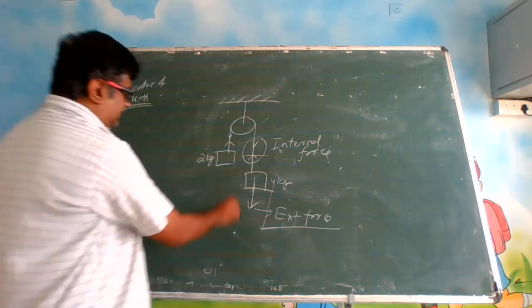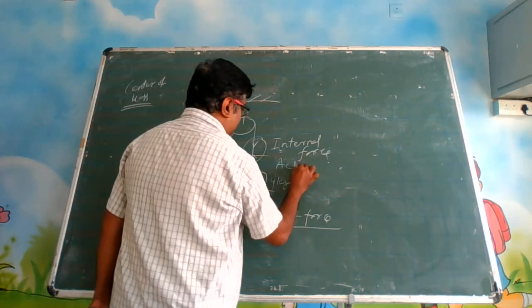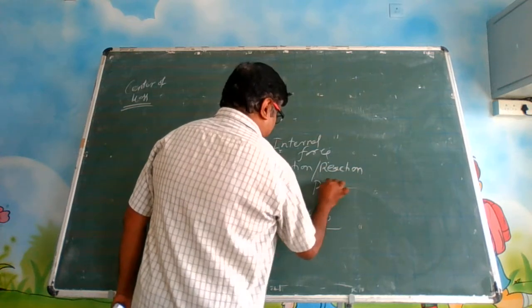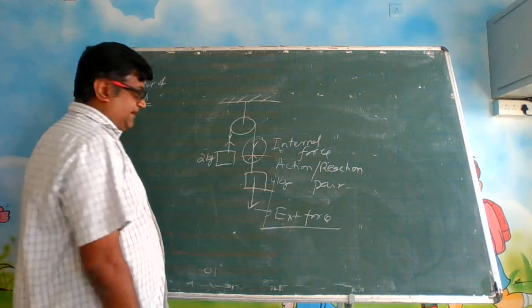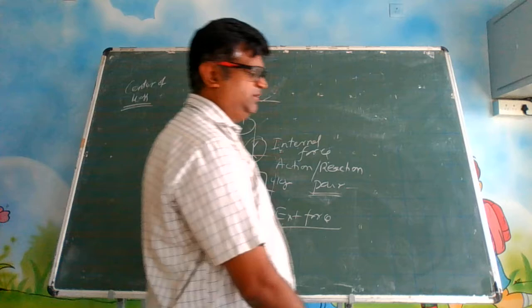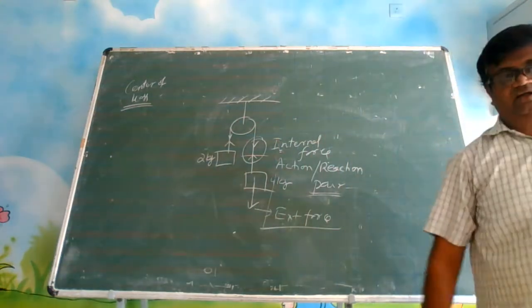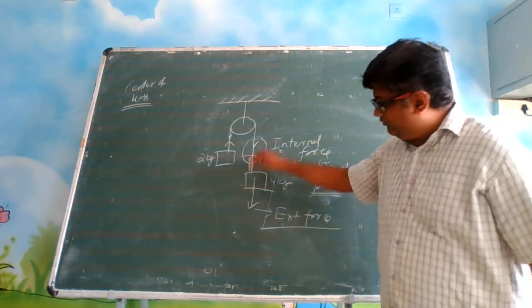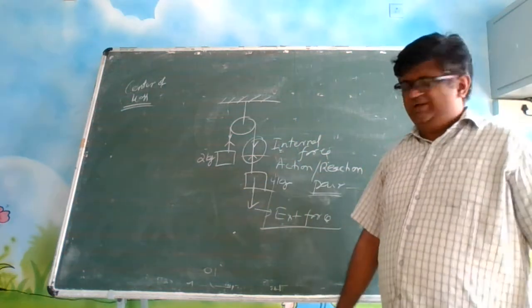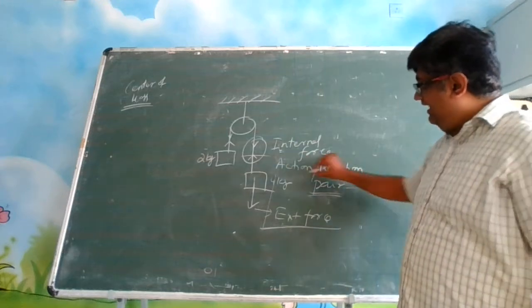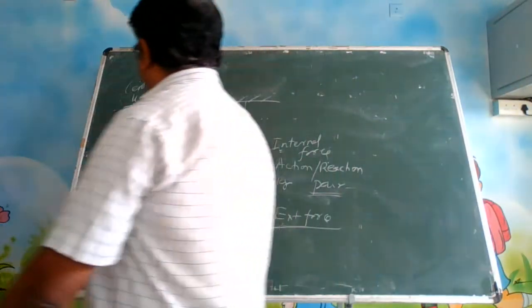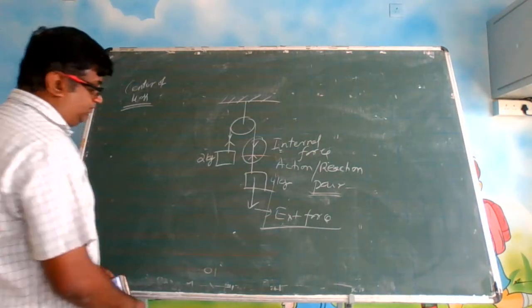Now internal forces, you can see they are an action-reaction pair, and they cancel out each other. Whereas external force is not like that. This force is not cancelling out with anything, isn't it? So external force isn't cancelled, but internal forces are action-reaction pairs when you see the whole system. So this is a very important point. Okay. Now you see here.